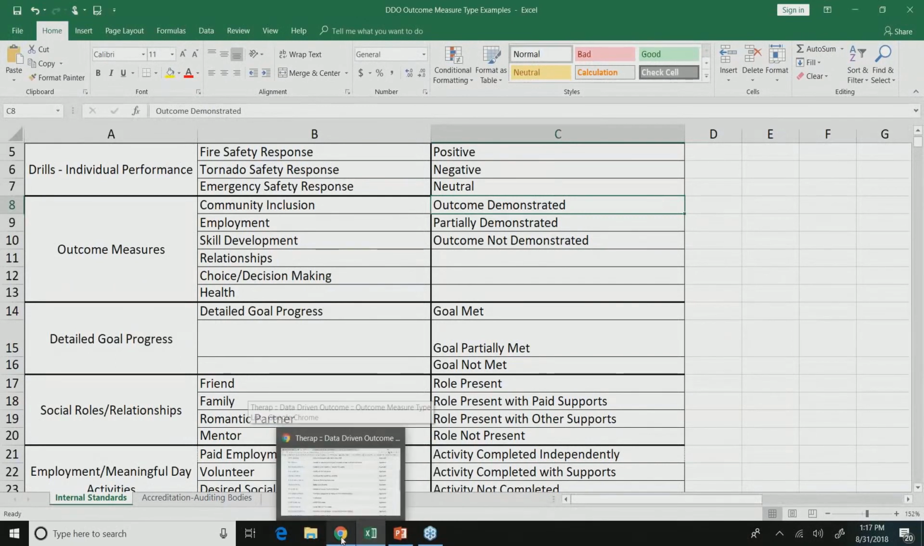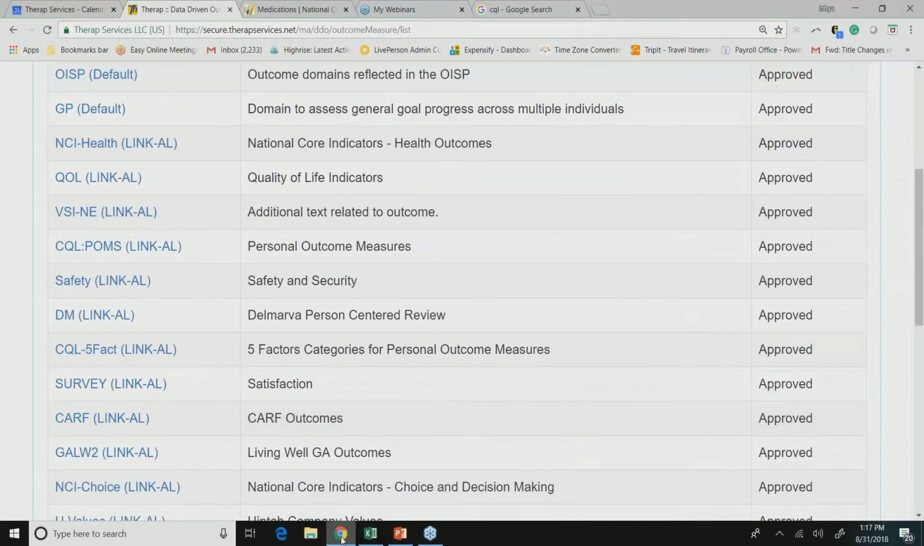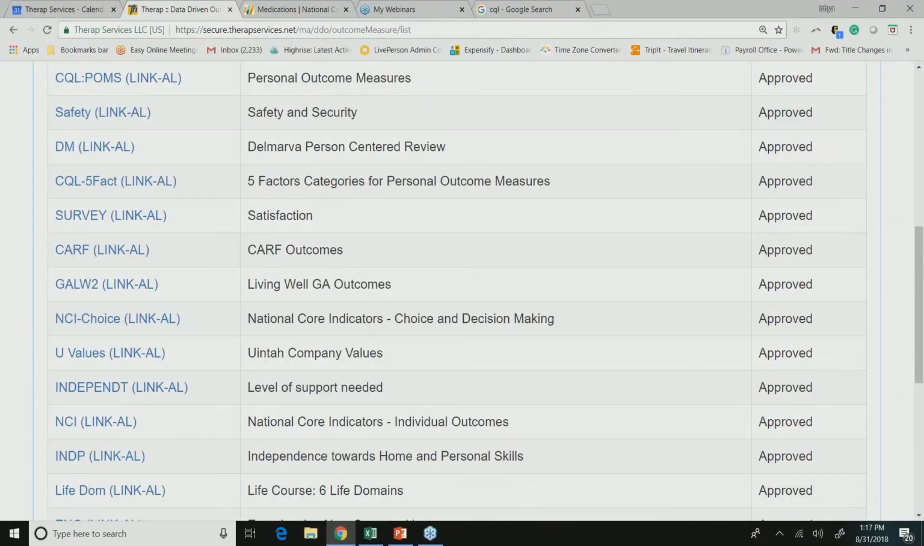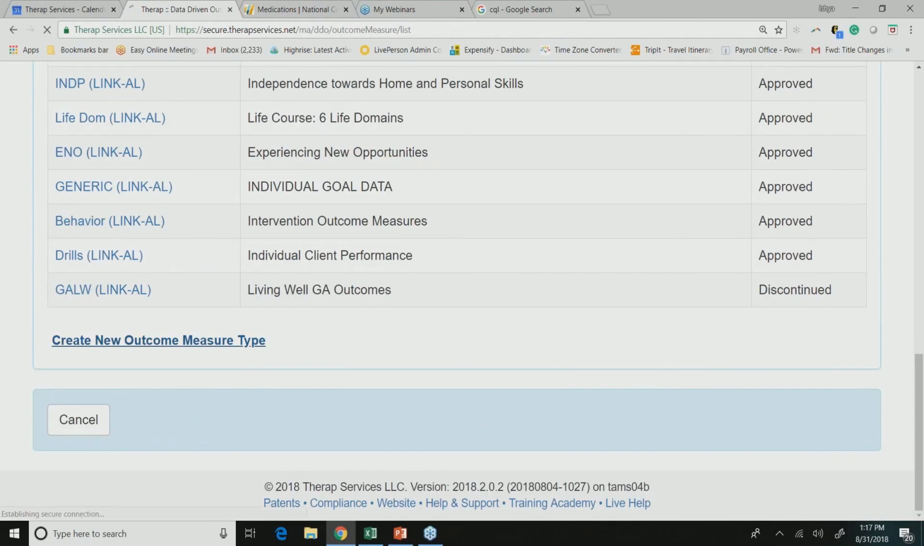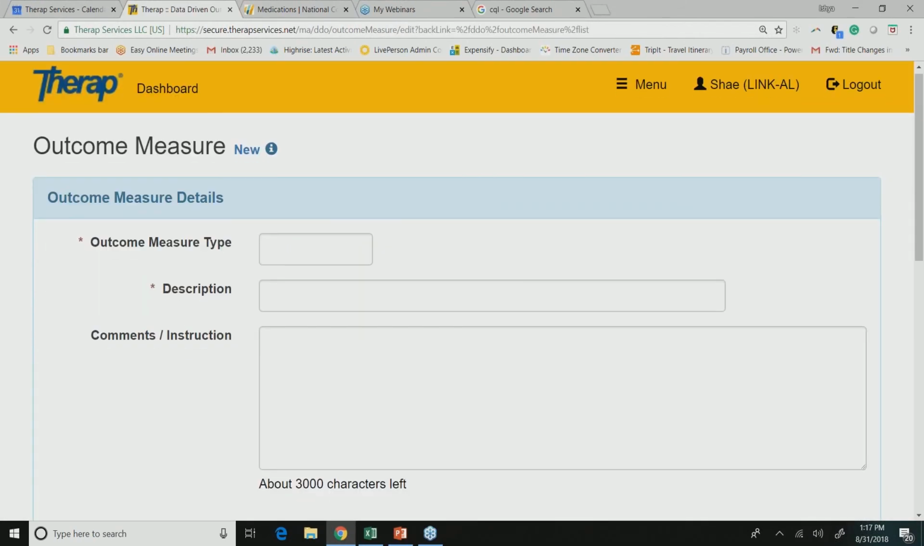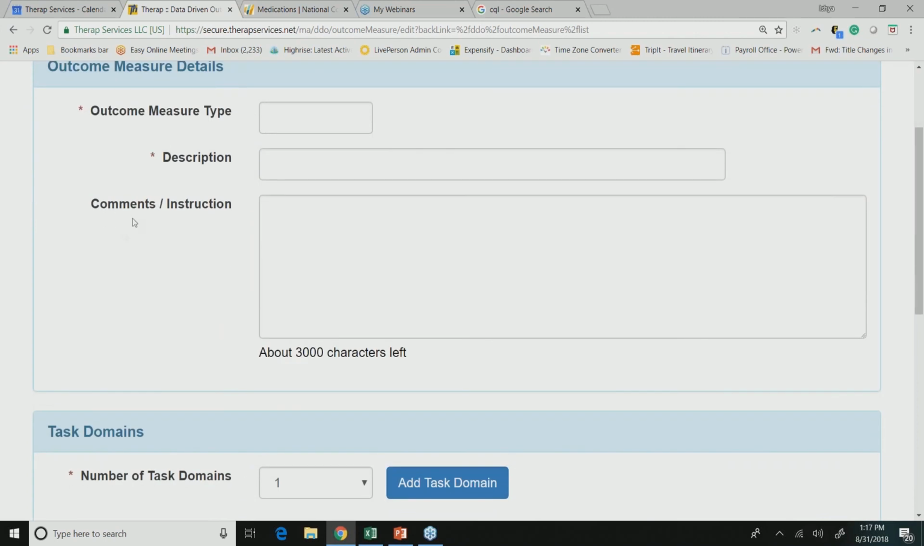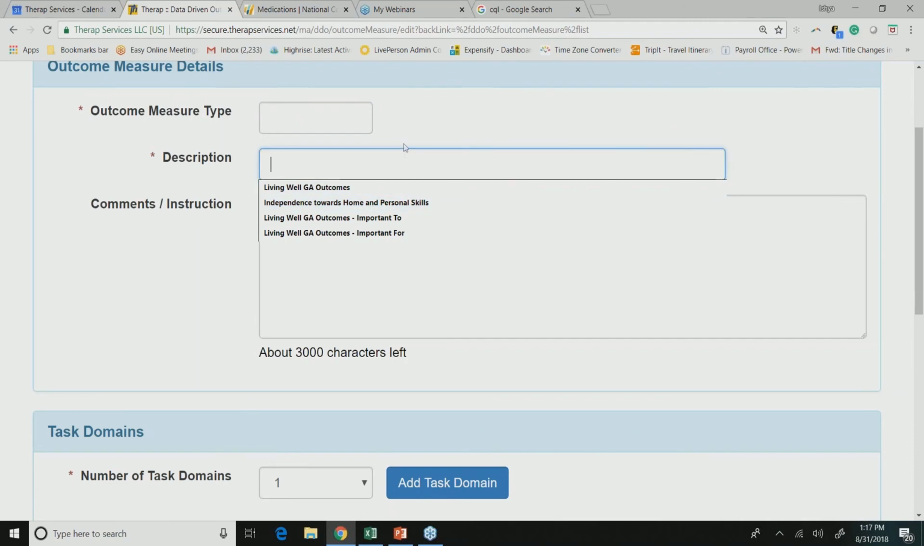And so if you're not into DDO yet, or you haven't started creating that, I want to show you what that process will look like. You'd be able to create a new outcome measure type. And at this point, this is where you would come up with an acronym, if you will, of what that's going to stand for. And this would be the place where you give a more detailed line about what exactly this particular outcome measure